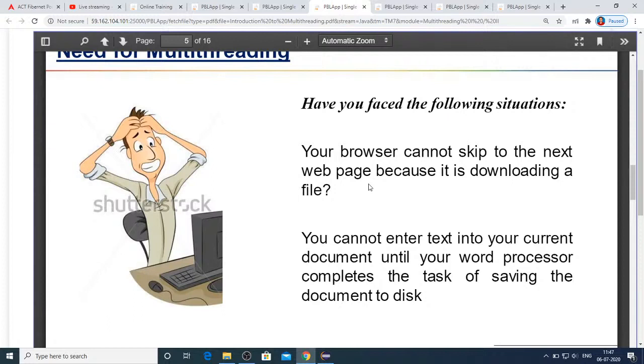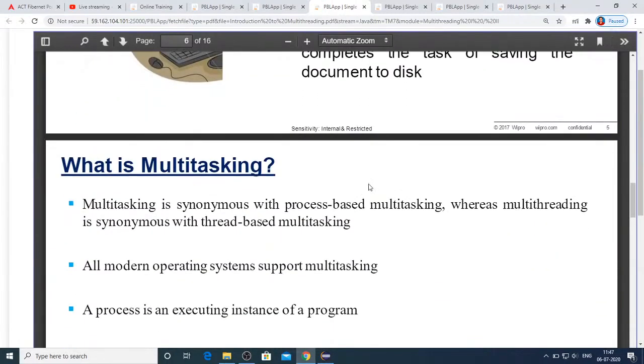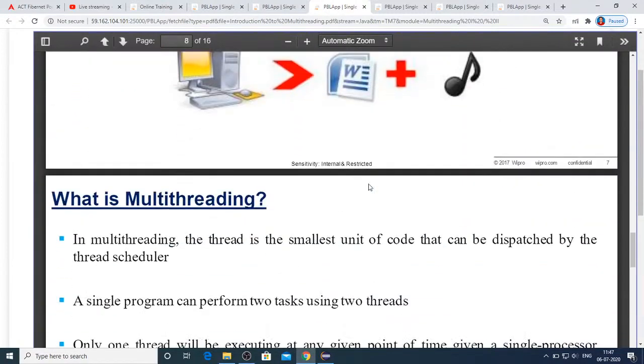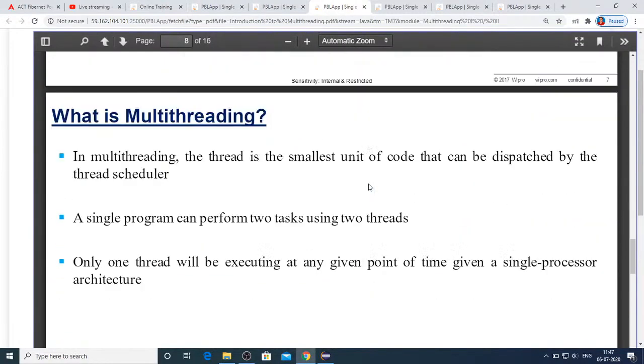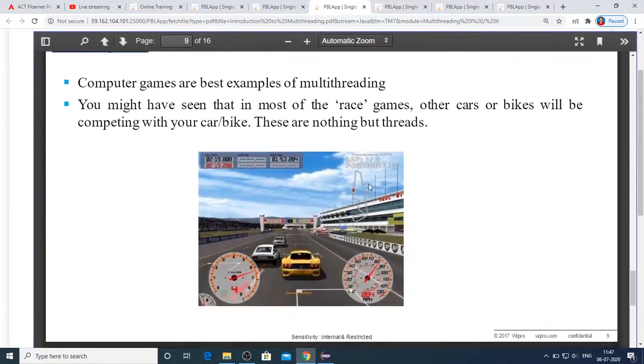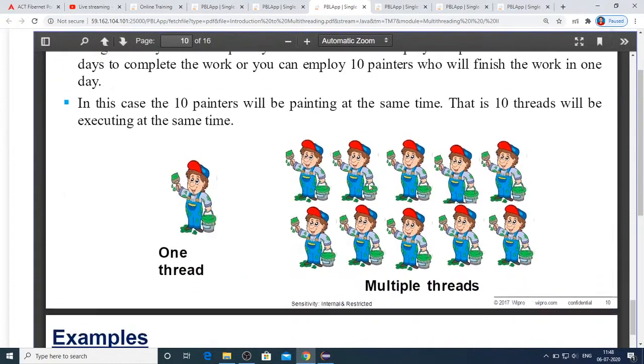That's why context switching among threads is less expensive. Another factor you need to understand is communication. Communication among processes is more expensive than communication among threads. So this is the introduction to multi-threading.